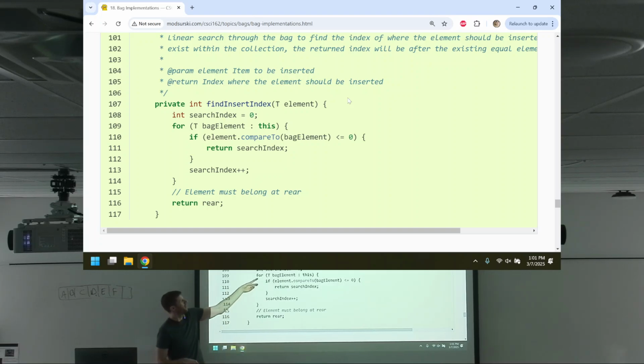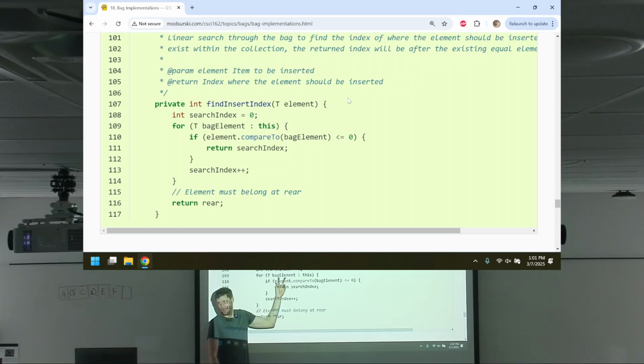This is a loop that might look more similar to what you're used to in Python: for each thing in the collection of things. In this case, the thing is the bag element. That's the label I've given it. But unlike Python, I need to specify the type. What's the type? T. Really, it's like a comparable, but that's already constrained up at the top. So the generic type and the collection of things.